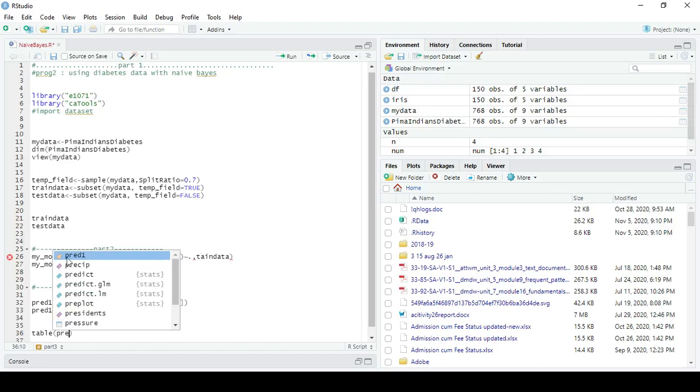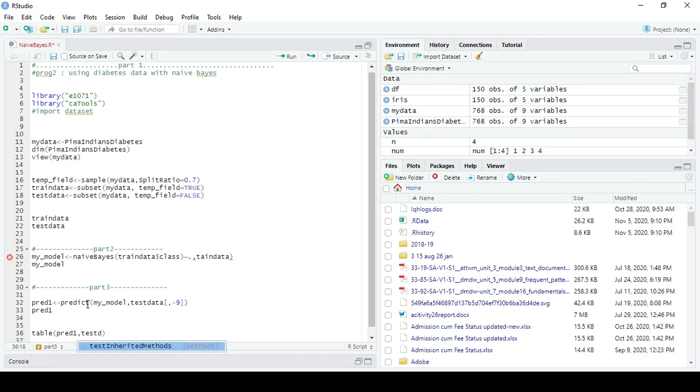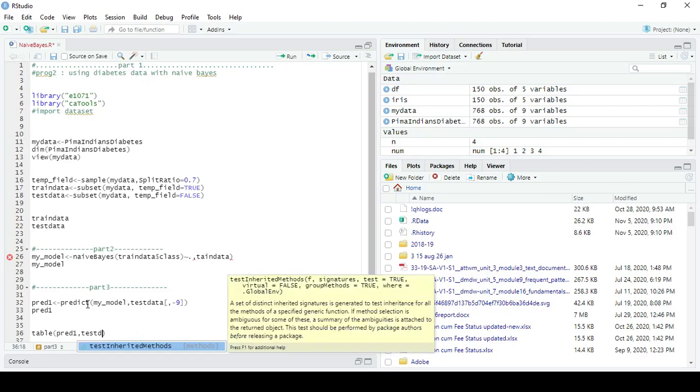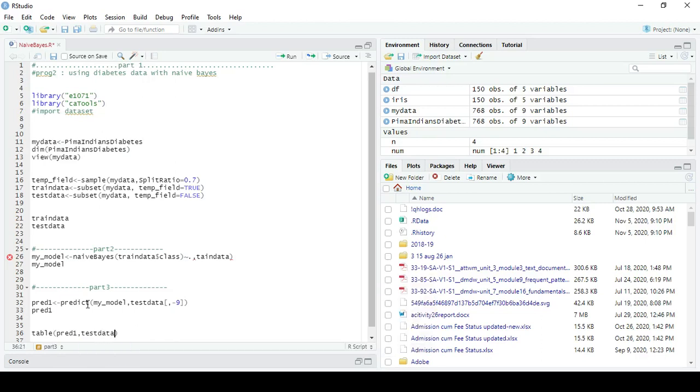Predict table predict 1, comma, test data class.